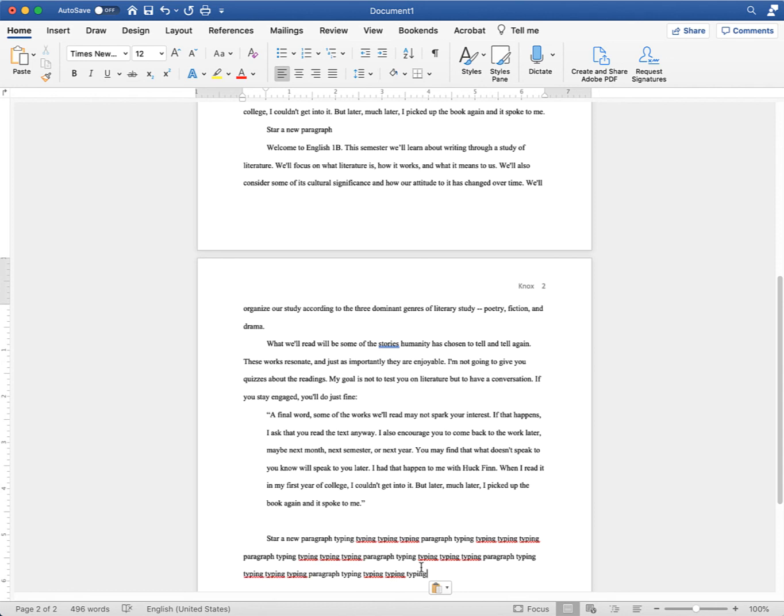So I hope you found that useful, a useful way to lay out your paper in Microsoft Word to meet MLA 8 standards. If you're using Google Docs or Pages or some other word processing software, all of these capabilities are there. You just need to figure out which buttons to click on to access them. And there are a ton of tutorials on YouTube and other places that will explain all of that to you.